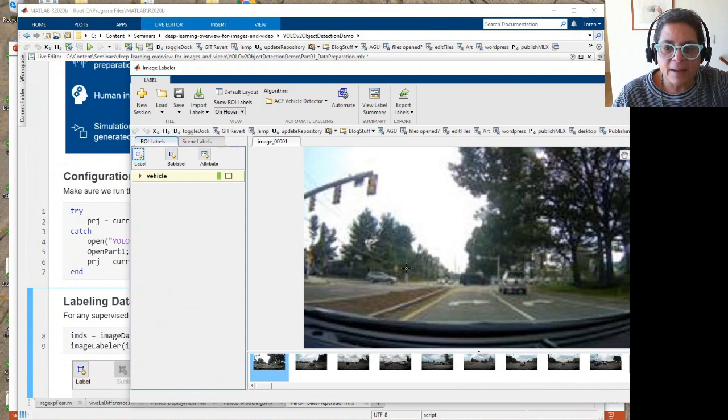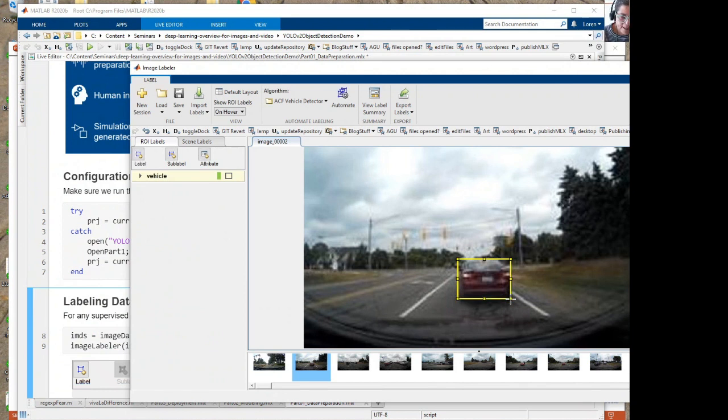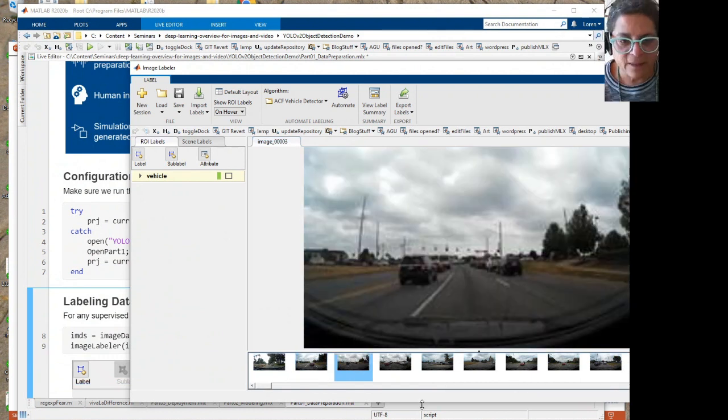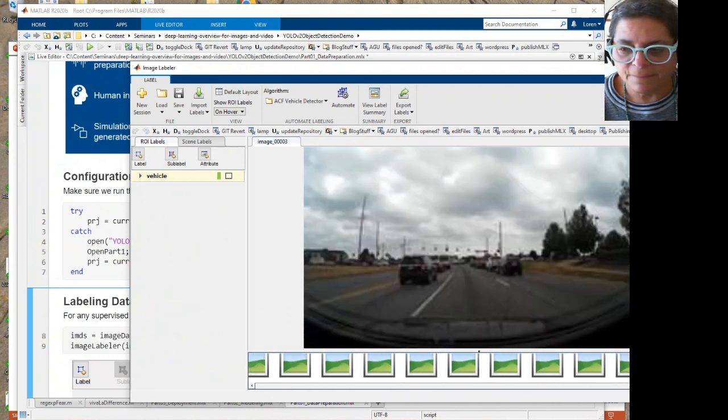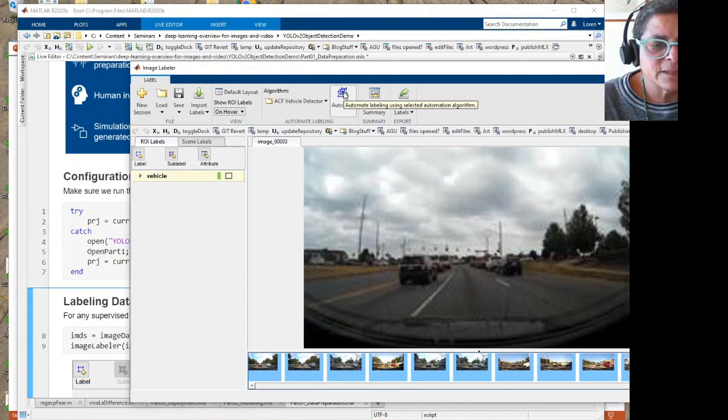And then I'm going to come in and I'm going to use my mouse, and I'm going to pick a couple vehicles here in the first one, and one vehicle in the second one. Now, I'm pretty sure you don't want to watch me for the next hour label the rest of these images. So what I'm going to do is I'm going to select the rest of them. Automate this